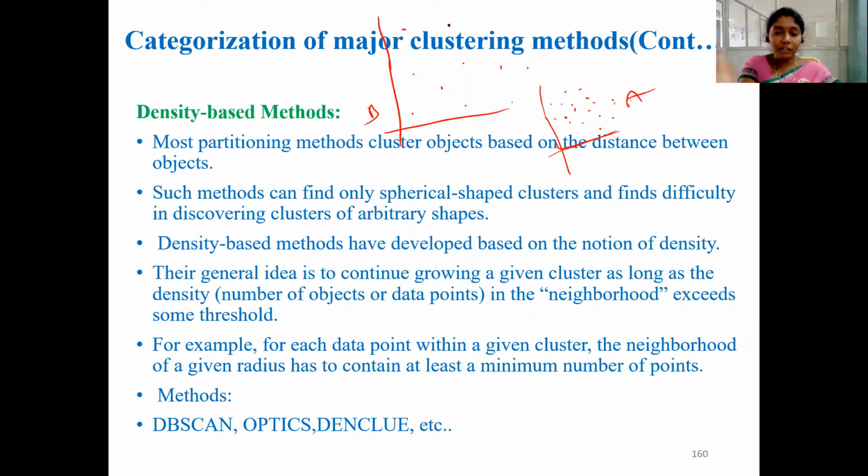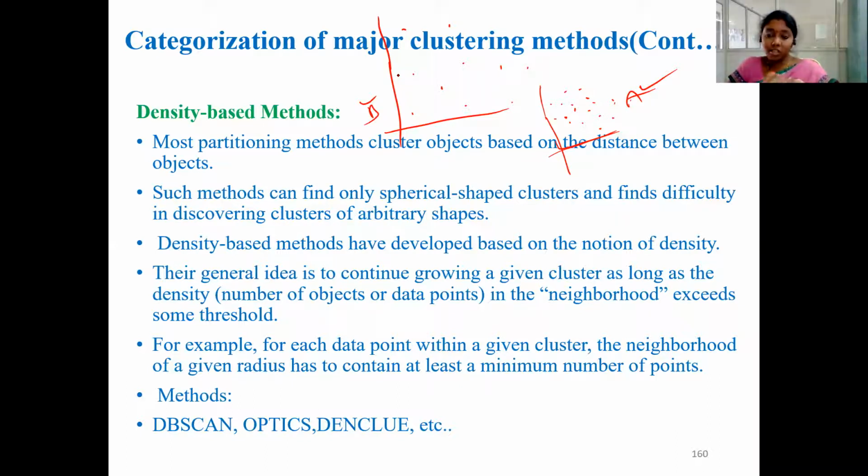So which data set is more dense, or which graph looks more dense? A, ma'am. A is more dense than B. That means spreading of the data points. If all the elements, items, or data points fall in the same place, that means the thickness of that place is heavy, then we can say that it is highly dense.